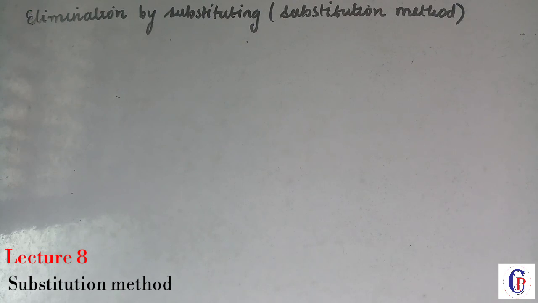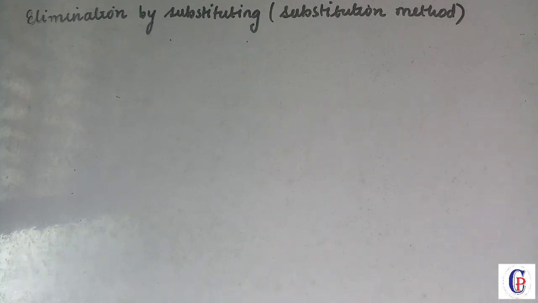Today we will be discussing elimination by substitution, that is the substitution method, which is our second method to find the value of x and y of a given linear equation. Two equations will be given to us, and we have to find the value of x and y. If you solve the previous three sums by this second method, the answer will be the same. So in the exam, you can solve by any method which you are comfortable with. But if they are asking you to solve by the substitution method, then make sure you use only the substitution method. If they just say solve the equation, then it is your choice.